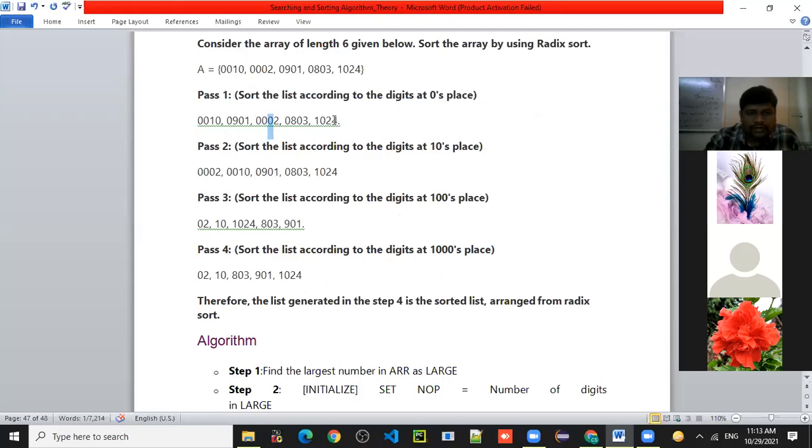Is it right? Sorry, in this place. Here you will. Is it right? No, sir. But here we are comparing two places.